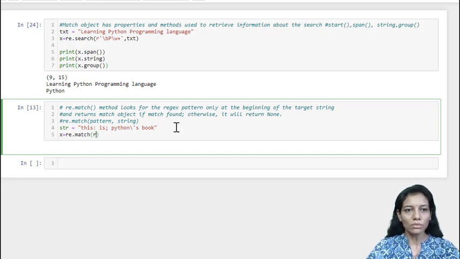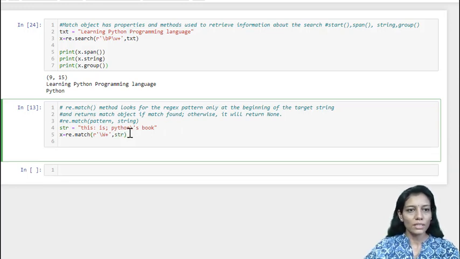So this is our string, okay, and we want to find the match, re dot method match, and within that I'm going to write the raw string, that is our pattern. We'll write the non-word characters, that is all the characters other than alphanumeric characters and digits, and that we are going to see in str. So let us see what it is returning actually. So write print x, okay.